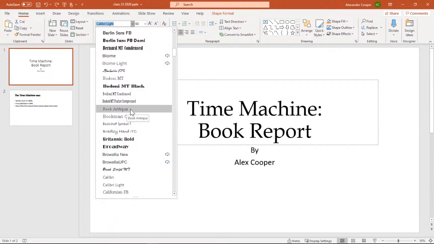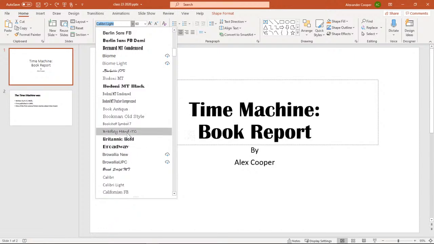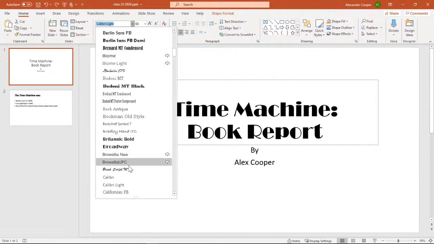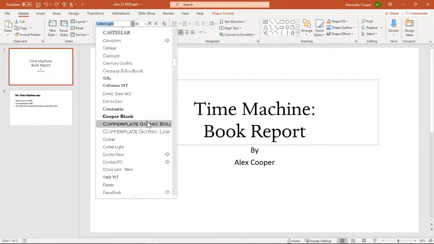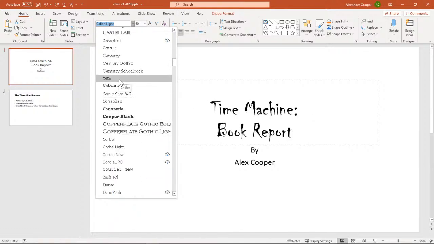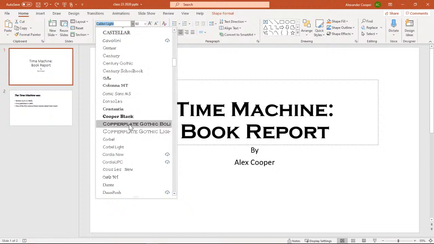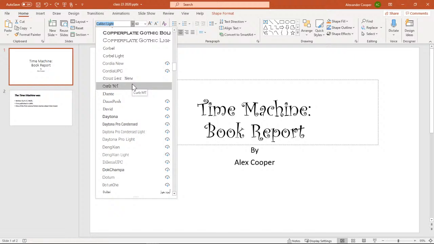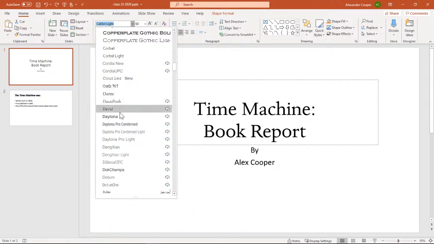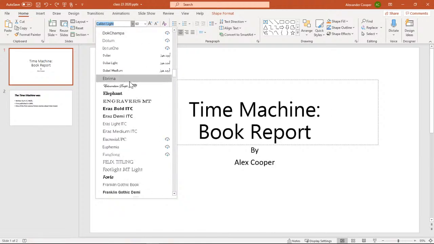I think a book antique would do well. Maybe you want something a little bit more futuristic. Here's one that looks kind of like a horror movie. I remember a long time ago, there used to be one we used on Wednesday when we did the Word class because it looks kind of like a candy cane. So we'd use that with our candy poem. These are some extra ones. You can click them to download.